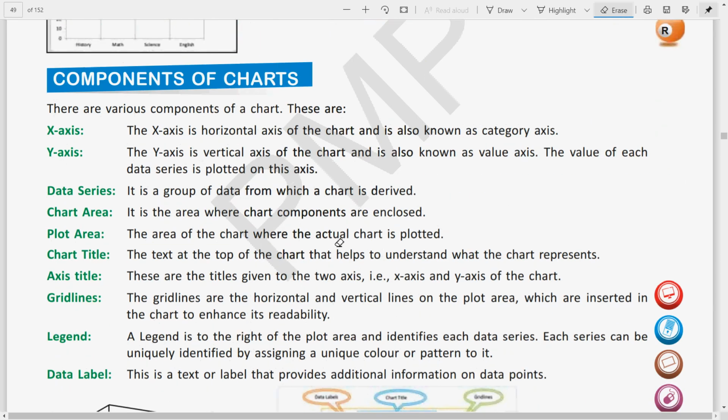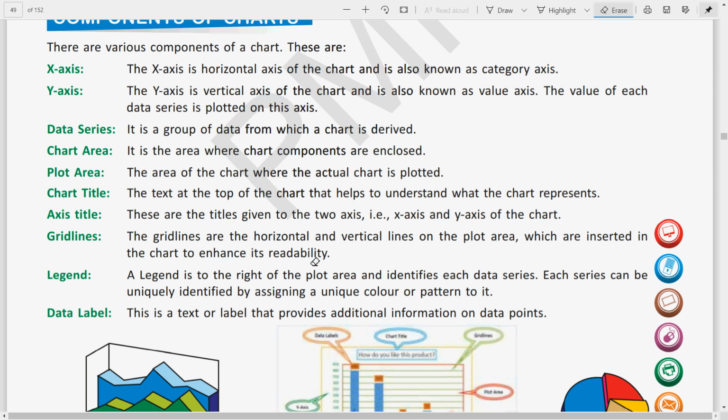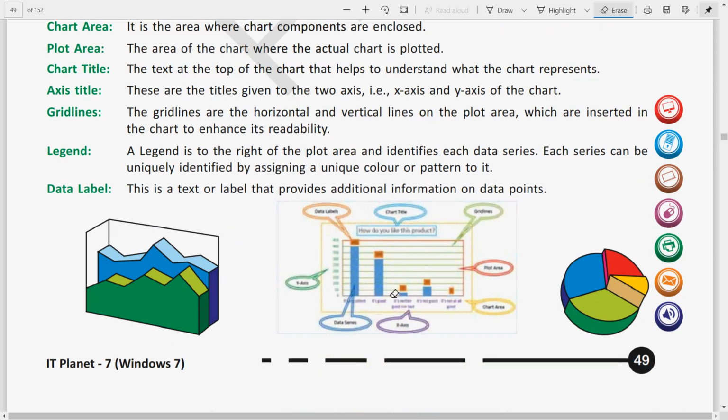Here we are. Clear? So what is the data label? Here you can see also that data label is the text which provides additional information on the data points. So here if you see, these are the data labels, the values which are present at the top of these. Clear? So these are called data labels.